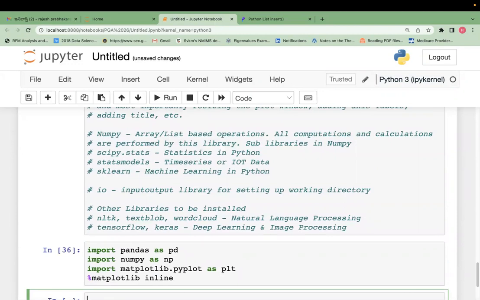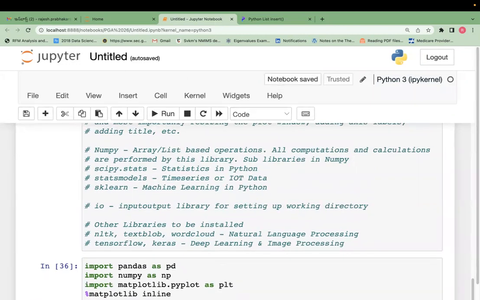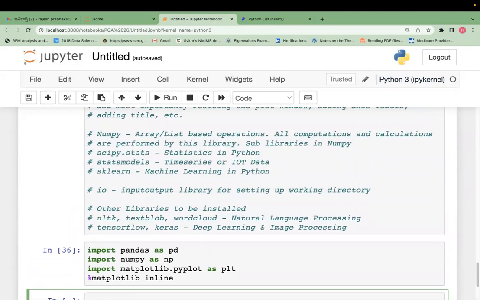Import pandas as pd, import numpy as np. We are giving short names because the syntax is library name followed by the function name: library name dot function name with parenthesis. So we give a short name to each library so that we can refer to it with the short name. Import pandas as pd, import numpy as np, import matplotlib.pyplot as plt, %matplotlib inline to see the graph immediately